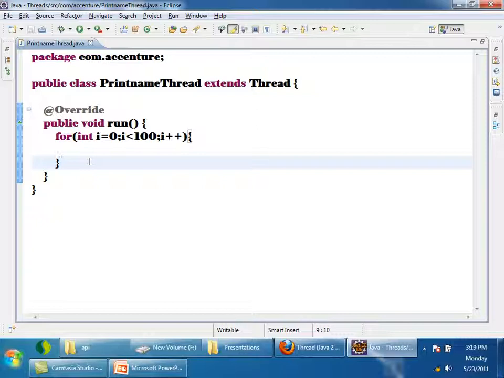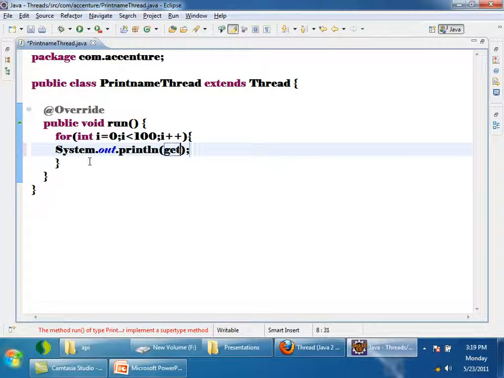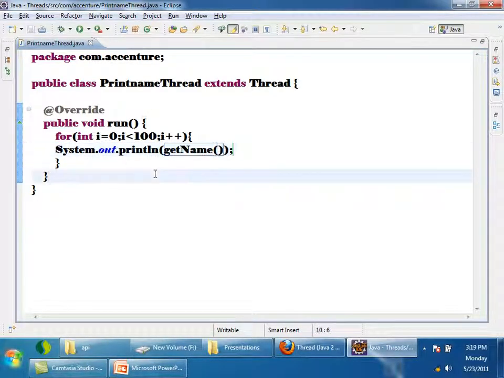This is the Thread class itself. Directly you can call getName. So I will write System.out.println(getName()), because it is extending the Thread class. getName is present inside it, right? The current thread, this.getName. The same thread object will be executing this run method. So this is another way.